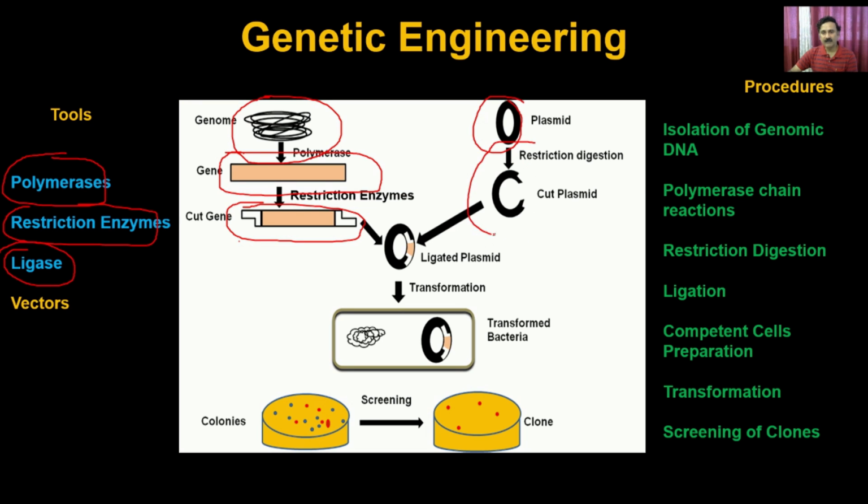So before we discuss further, this DNA has to be integrated into a plasmid or the vector, because the vector is the only DNA which has the ability to carry this DNA into the host cell, and that's why the vector is very important for the complete process of genetic engineering. And vector is a very important tool because it allows the carrying of this particular DNA into the host of our choice.